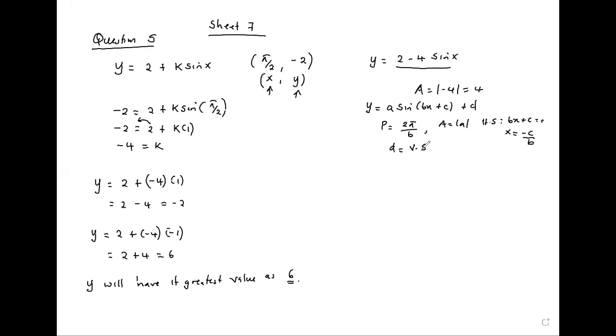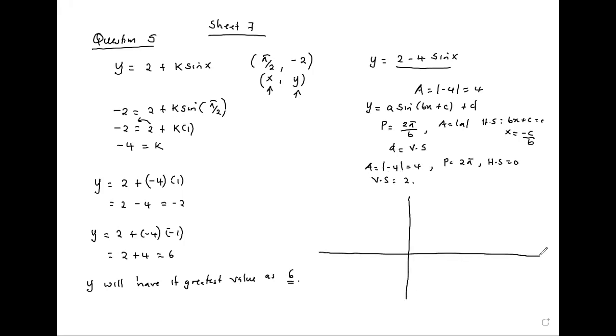So if you go back to our equation, y is equal to 2 minus 4 sine x, we can say that the amplitude is the modulus of -4, which is 4, that the period is 2 pi over 1, which is 2 pi, horizontal shift is 0, and the vertical shift is 2. So you can sketch our function. So we'll talk more about the sketches. We are just doing this to find a way of explaining how the greatest value is going to be 6